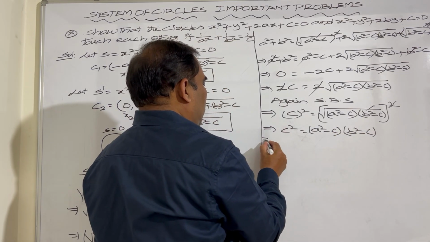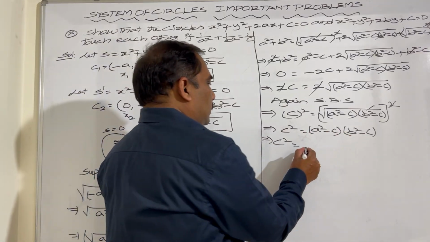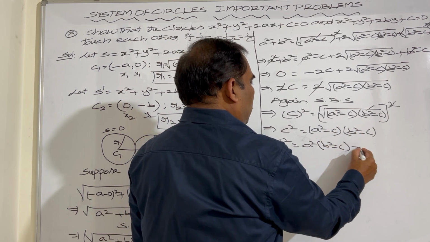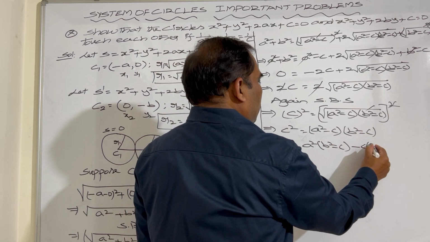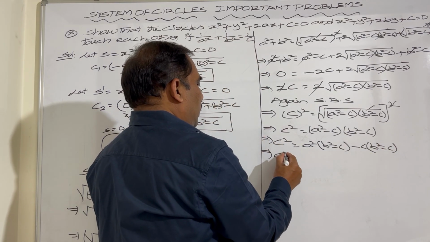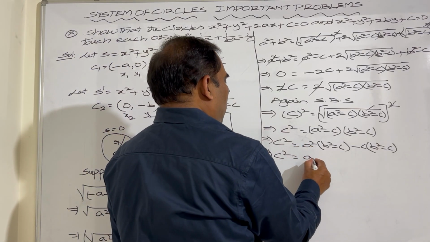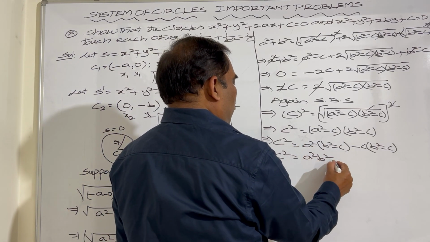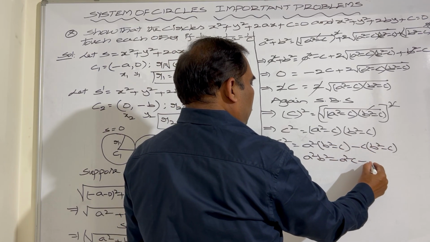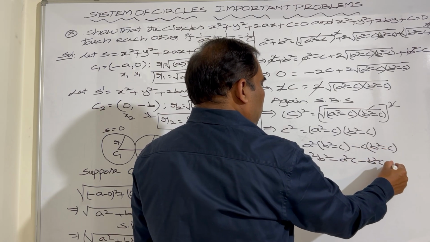So then if you multiply the right hand side, with a square, this is a square into b square minus c, and with minus c, minus c into b square minus c, which implies c square is equal to a square b square, minus a square c, minus b square c, and minus into minus is plus c